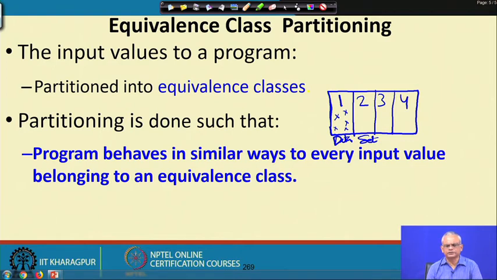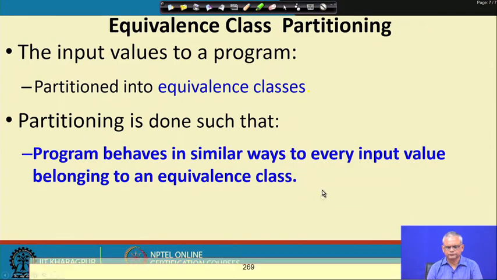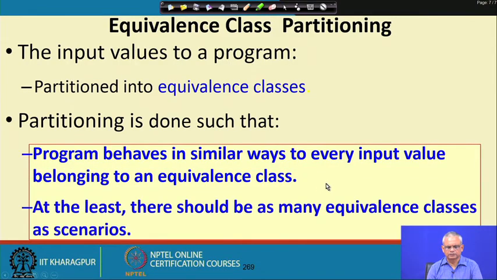Of course, here we do not have knowledge of the internals of the software, but just by observing the behavior, we can guess that these are executed in a similar manner. And from each equivalence class, we select one value with which to test,